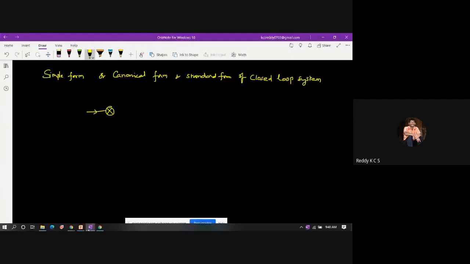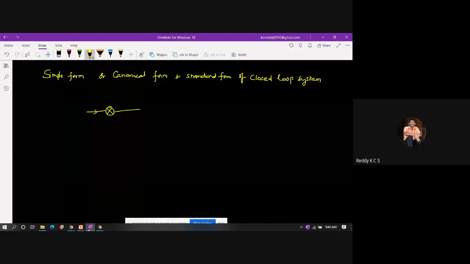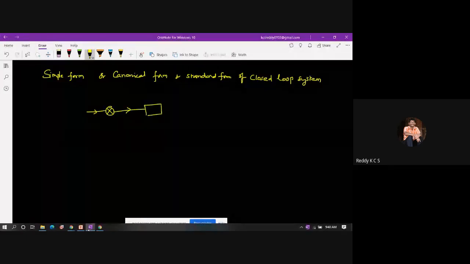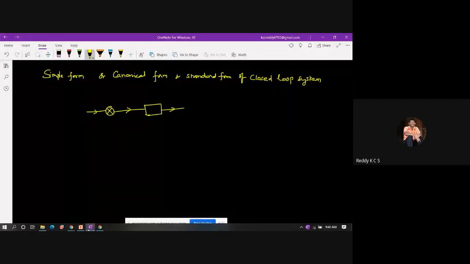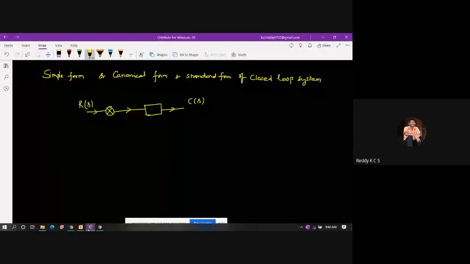you have one forward path. One forward path contains only one block. This is called forward path because of the direction of the arrow, from the input to the output. Here I'll represent in the frequency domain. That is R of S, and this is the output, C of S. From R of S to C of S, it is called forward path. So I represent one block in the forward path,